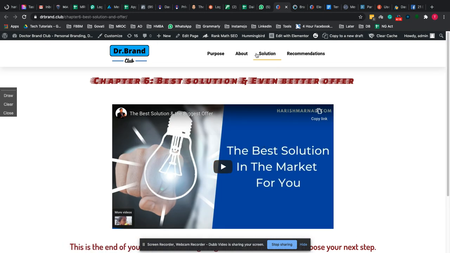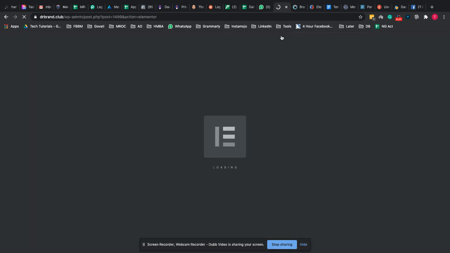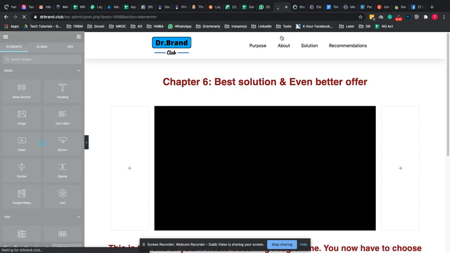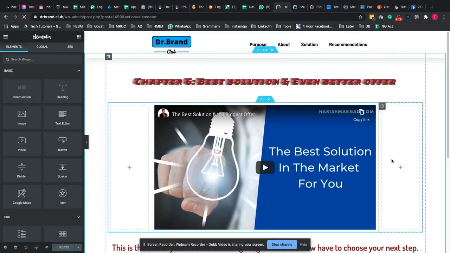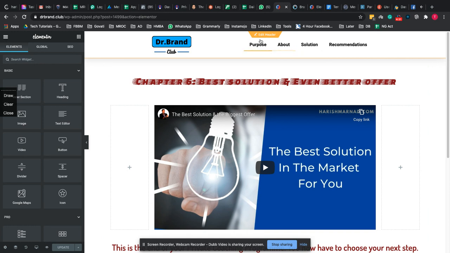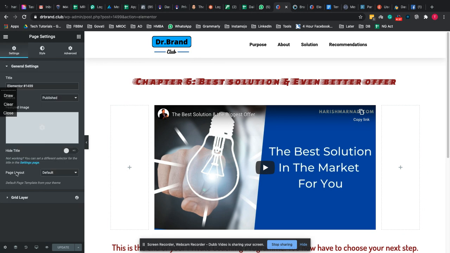Now, what I want is, if you go to edit with Elementor, so you can see this, right? You can see this header. We don't need the header on this page. That means you go to this gear icon here and say page layout, change it to Elementor Canvas.